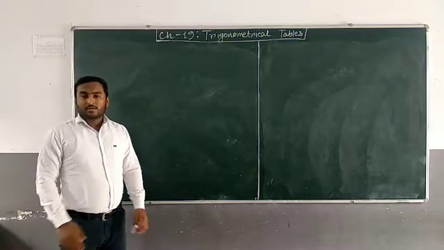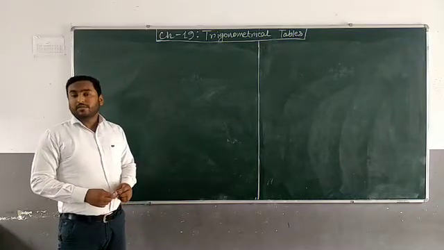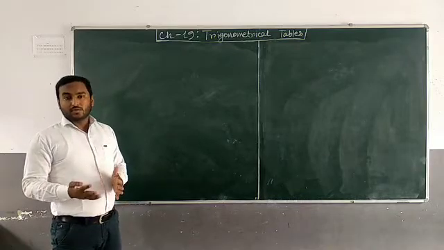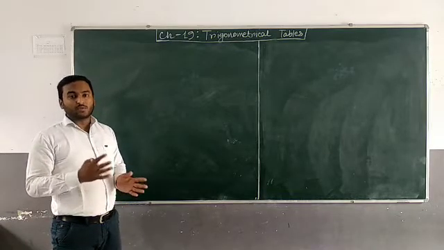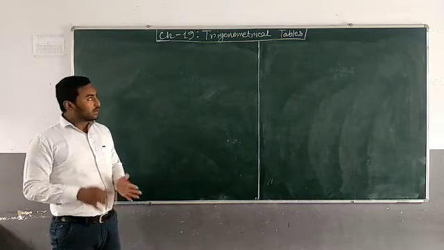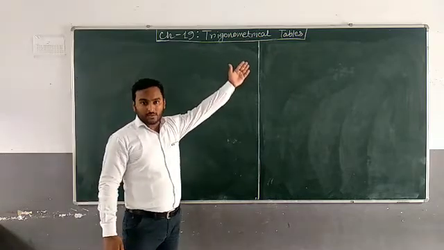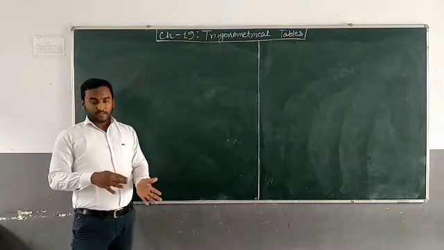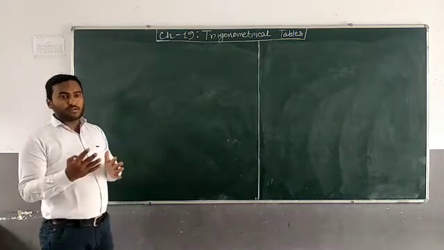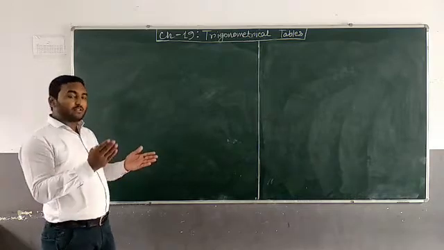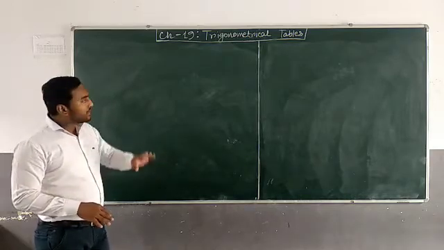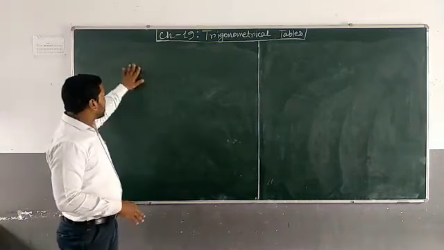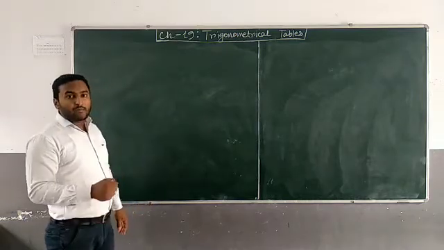Hello dear students. In the previous class we discussed the method of calculating the trigonometric ratios for any angle from 0 to 90 degrees by using trigonometrical tables. In this class we will discuss the reverse method. When the value of the trigonometric ratio is given, you have to find the value of theta. Just exactly the reverse method. So for explaining this method, I will start with an example.